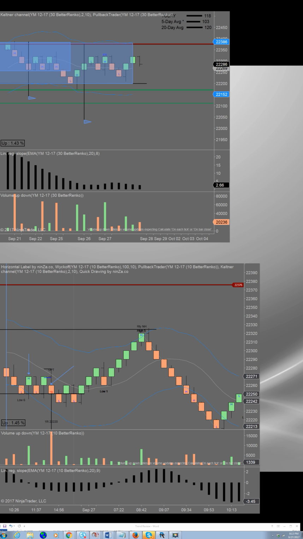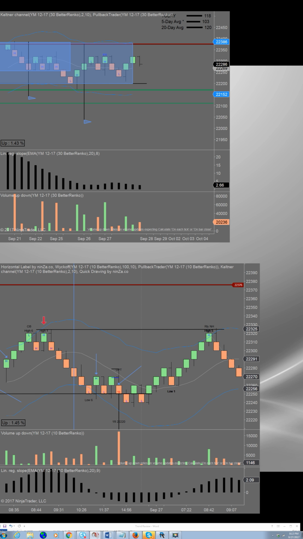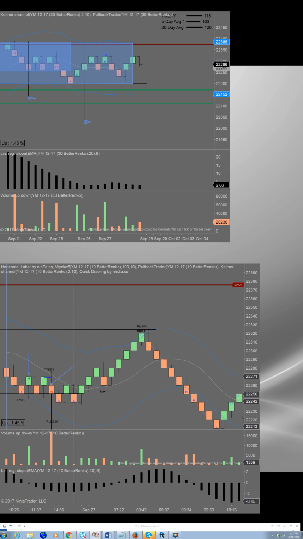Okay, so what happened here was the market went to a key level, which was the prior high, and on a 1, 2, 3, 4, 5 brick wave, as it popped on the Keltner channel, you had stopping action. You had a climactic brick with a lot of volume, and it was followed by this outside key reversal. So that is telling you, alright, it tried to trade higher after this high volume brick. It tried to trade higher but couldn't, and instead it was a big candle down and it closed below the